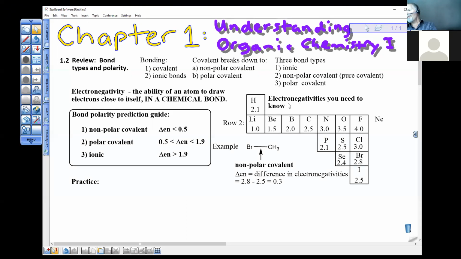You have to know these electronegativities. This table is here in the book right in this section, and it appears again later. Just to reinforce, you better learn these. This is like the fundamentals of chemistry, and we need to know especially these elements here because they are the players in the game called organic chemistry. Let me try to make your life a little easier memorizing these. There are some things that have the same number,